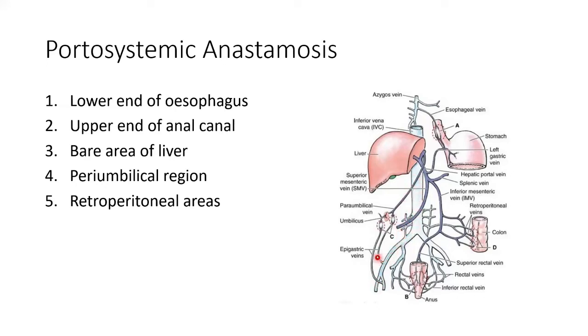You also have other retroperitoneal areas. For example, for the ascending colon, descending colon, the pancreas, spleen, all those areas, you have branches draining to the portal system. These are called retroperitoneal veins, which some also drain into the systemic venous system, right? To the retroperitoneal veins of the systemic veins.